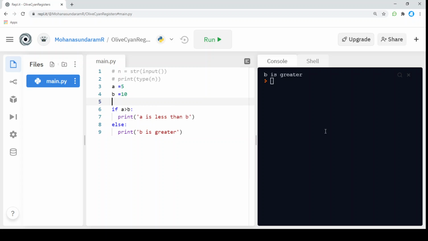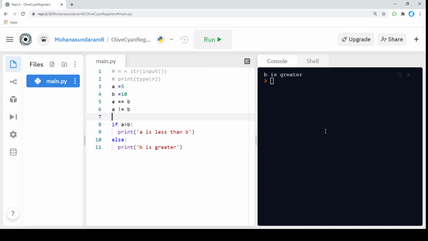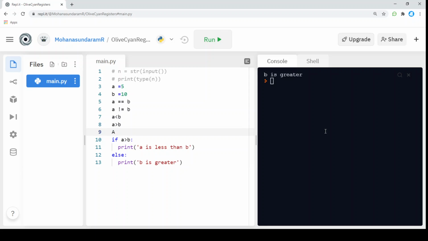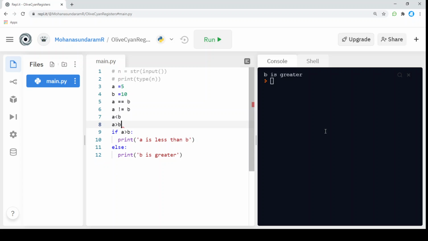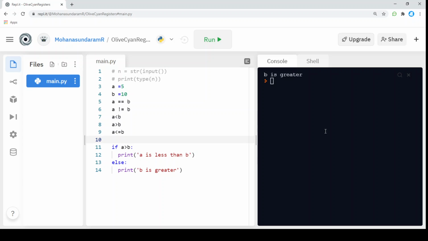For example, I can check a equal to b, and a not equal to b, and a is greater than b, and a is greater than or equal to b, or b is greater than or equal to a, like this.